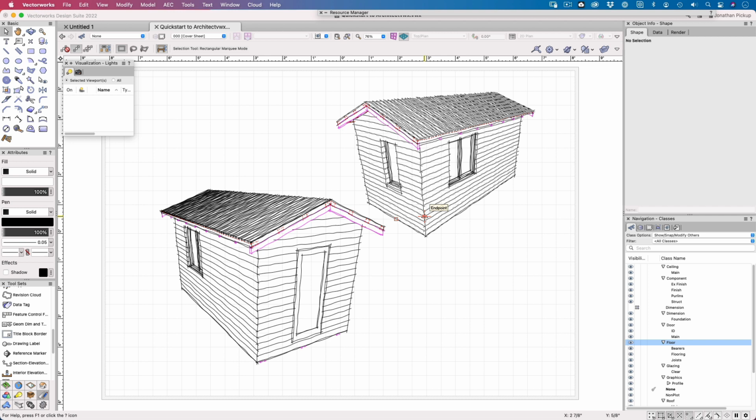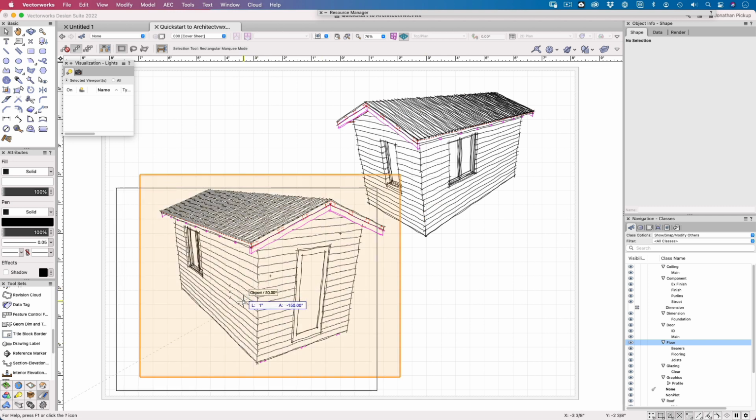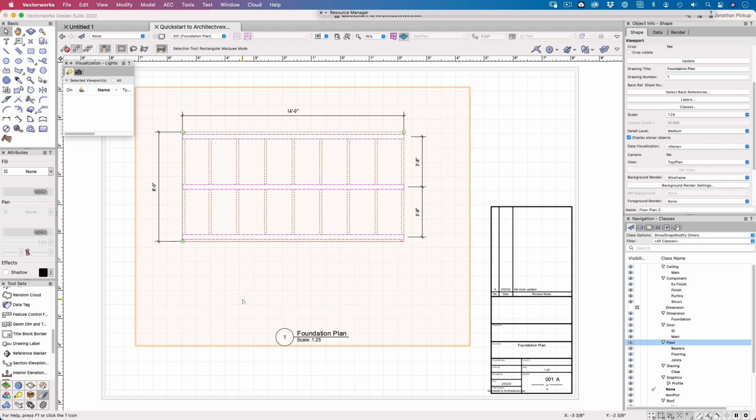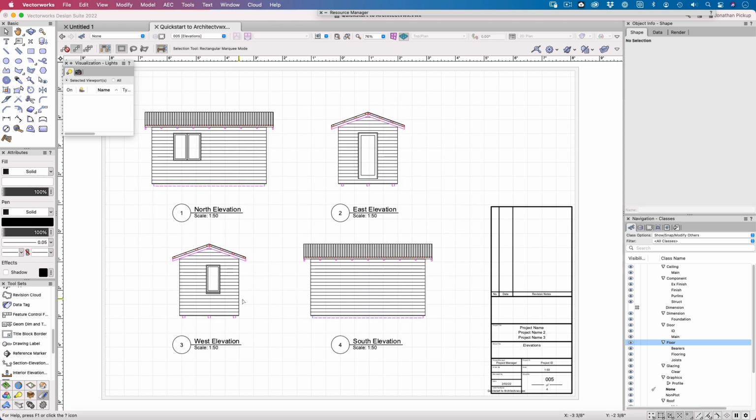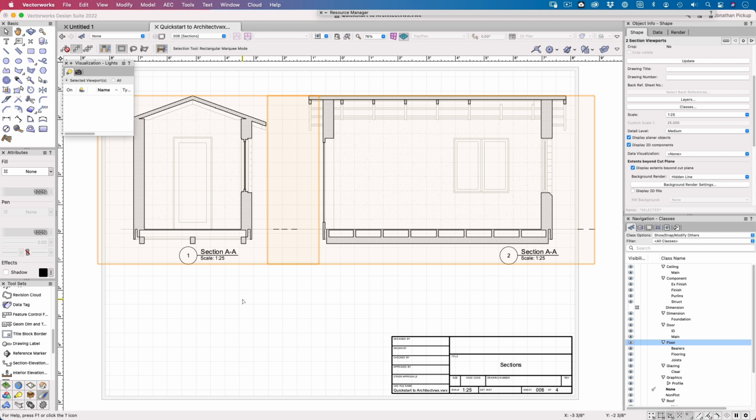So let's just have a look through. We've got our two views. I'm just going to use my arrow key, my control plus arrow or command plus arrow. Foundation plan, floor plan, elevations, sections, and so on. I'm not showing you how to annotate. I think that's just a quick start. So just to get you started, we took the 3D model and we used it to build our sections and